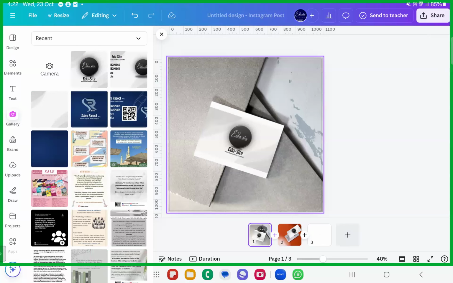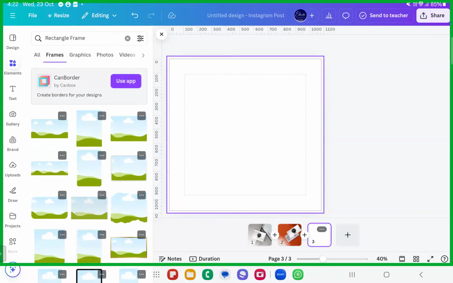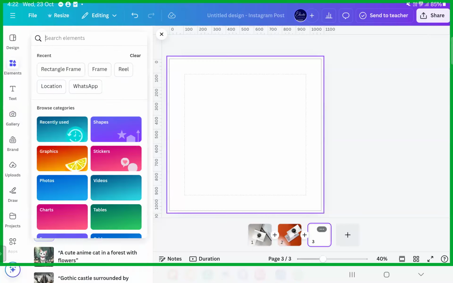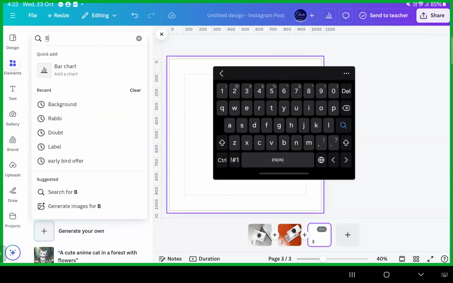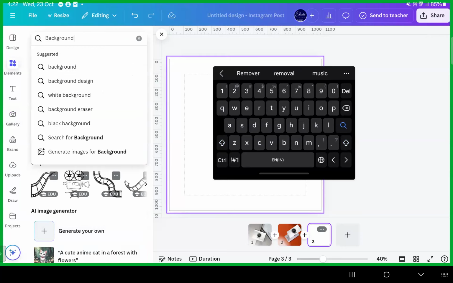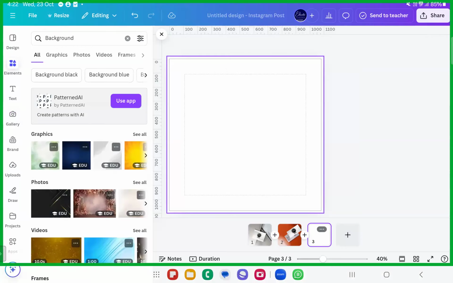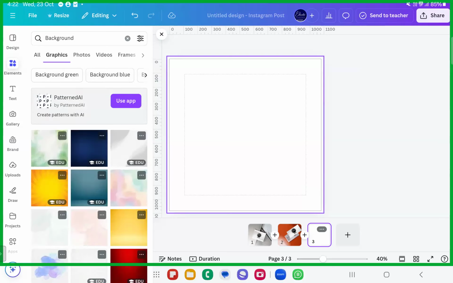We were relying on the mockup, but we don't want mockups now. I'll just create it by myself. So you can go ahead with some beautiful backgrounds. Okay, I'll just write some background. You can go ahead with the satin backgrounds also. Okay, go ahead with any backgrounds that you like.